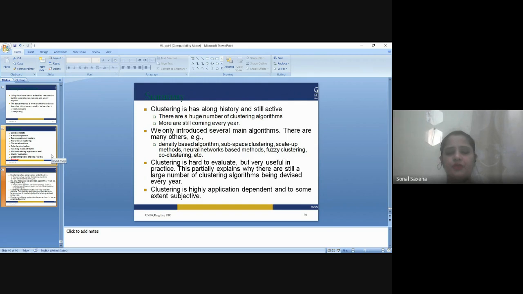So let us quickly skip to the MCQ part and see what we have. Now I'm going to give you the MCQs. We have seen all the clustering methods, and I hope you will be able to identify the clusters and answer the questions related to clustering. I'm going to share some MCQs with you. Please go through them and see.